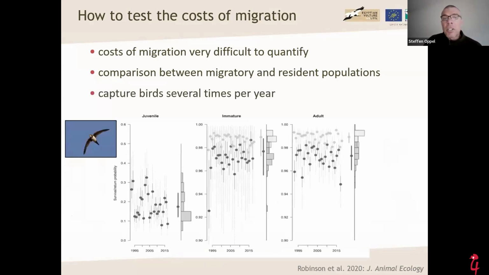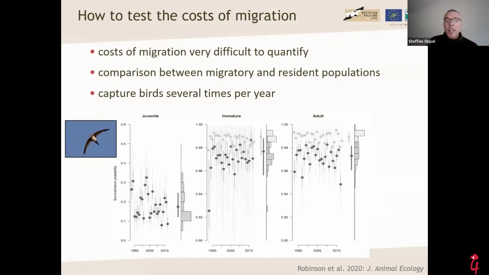Now, another way to study the cost of migration, because if you compare different populations, they might also be exposed to different environments and all sorts of other things might differ between these populations. If you want to explore it in a single population, then you need to capture the bird several times per year. And in this study led by Rob Robinson, they studied the seasonal survival of alpine swifts in Switzerland by